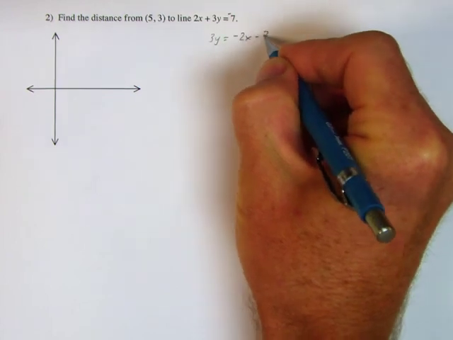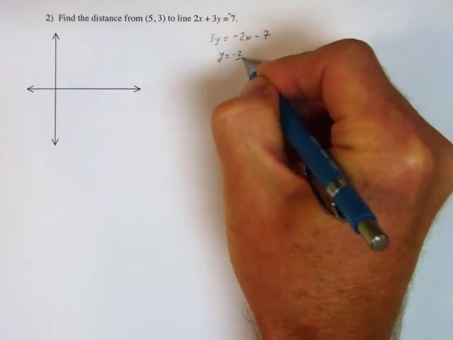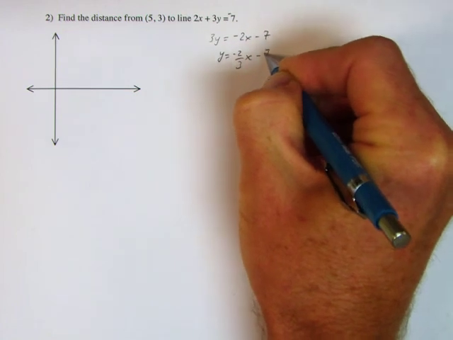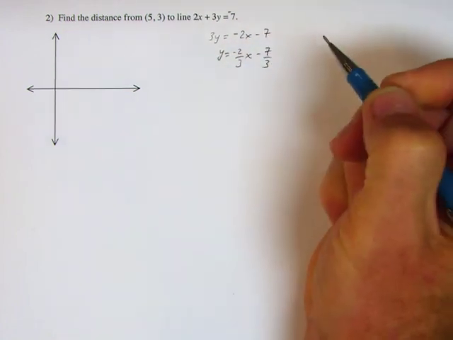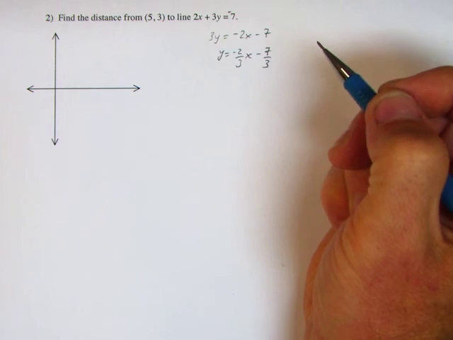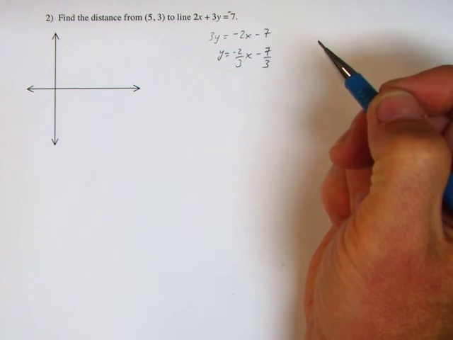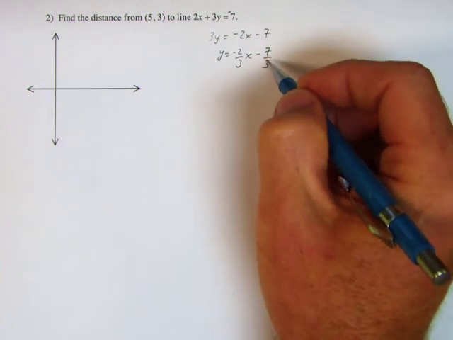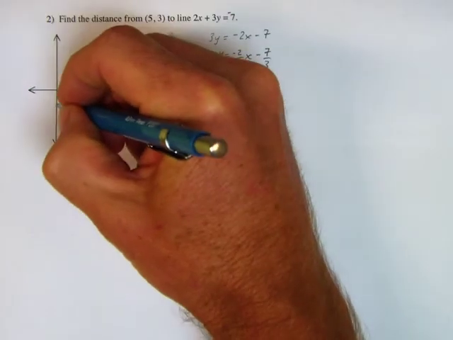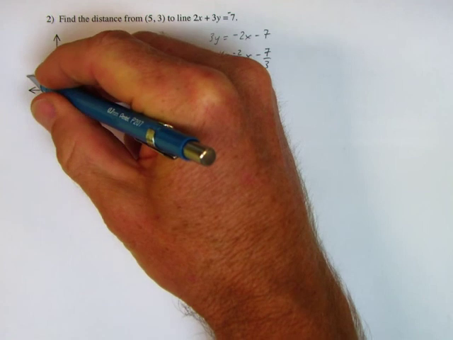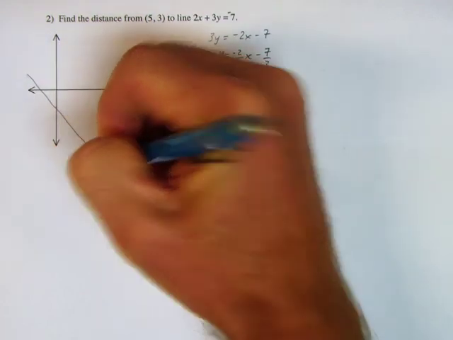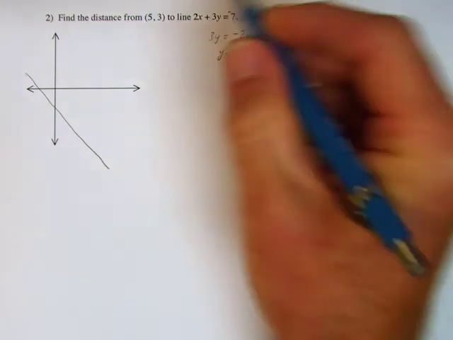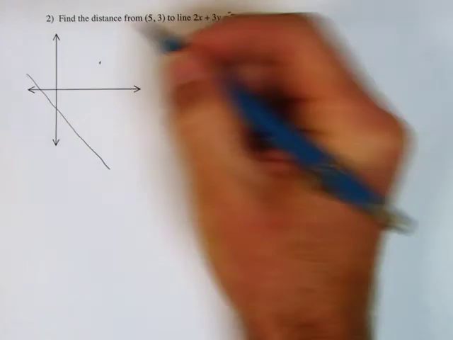Y = -2/3 x - 7/3. Now we don't need to really graph it. We can sketch it. Remember, my use of the word sketch and the books' use are two different things. I just want the rough idea. When the book says sketch, it really means graph it, plot points. This has a negative y-intercept and a negative slope. We have a point (5, 3) somewhere in the first quadrant,